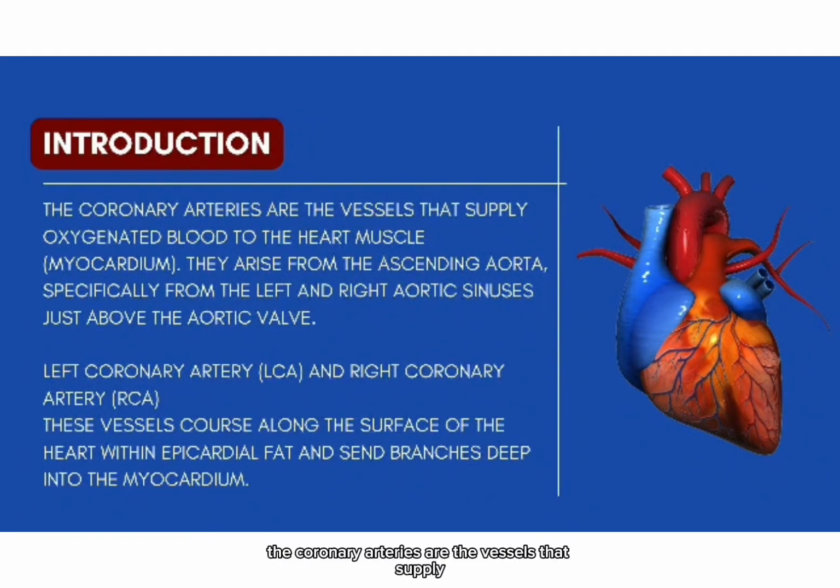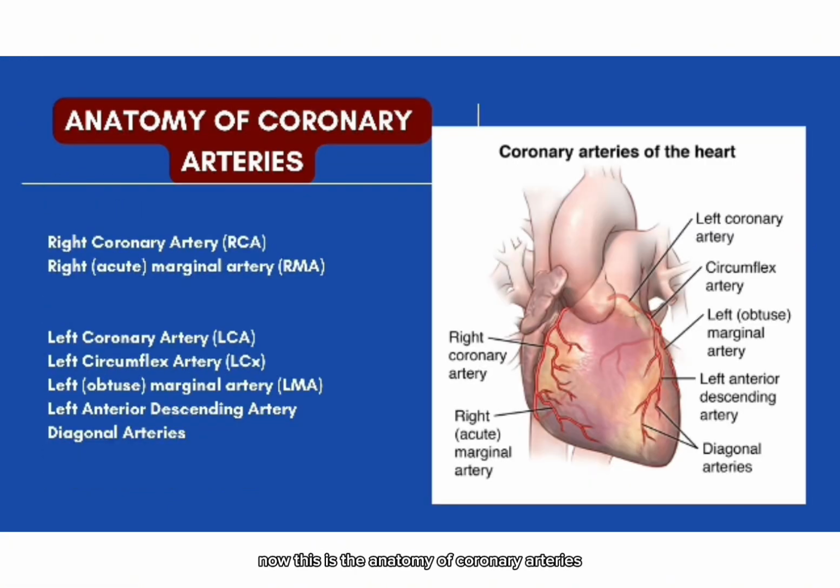The coronary arteries are the vessels that supply oxygenated blood to the heart muscle, which is called the myocardium. They arise from the ascending aorta, specifically from the left and right aortic sinuses, just above the aortic valve. Now this is the anatomy of the coronary arteries. On the right side, we have the right coronary artery, which is RCA, and the right marginal artery, RMA, which is acute. Then on the left side, we have the left coronary artery, LCA, the left circumflex artery, LCX, the left marginal artery, LMA, which is obtuse,